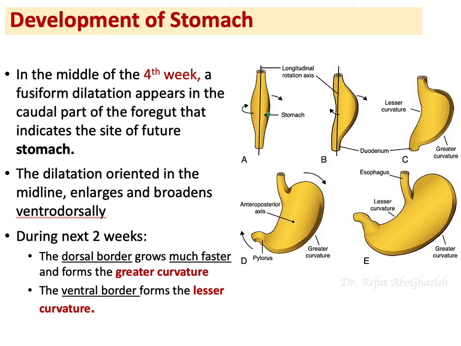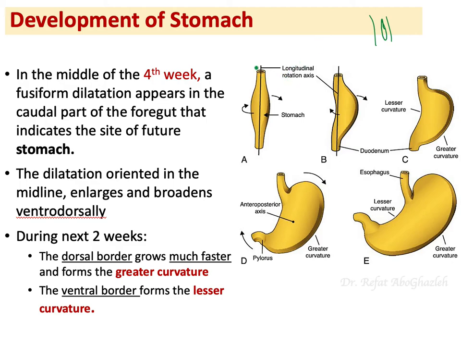Appears in the caudal part of the foregut that indicates the site of the future stomach. This dilatation, first of all, is in the midline. So, for example, if this is the embryo, it's in the midline, as you see, and the enlargement, the